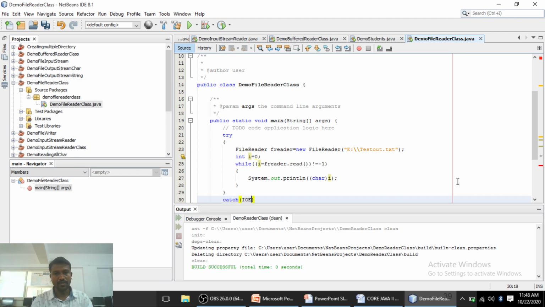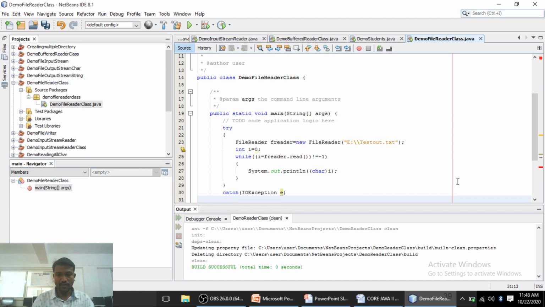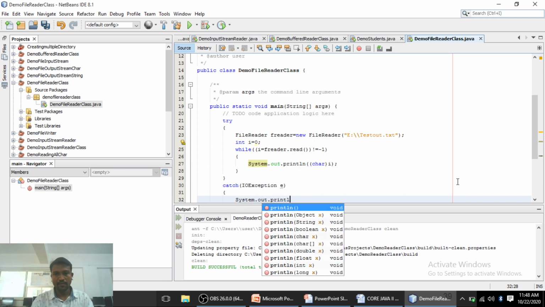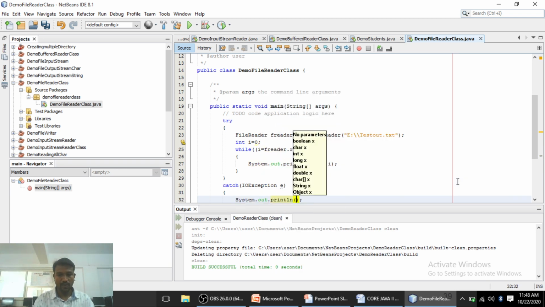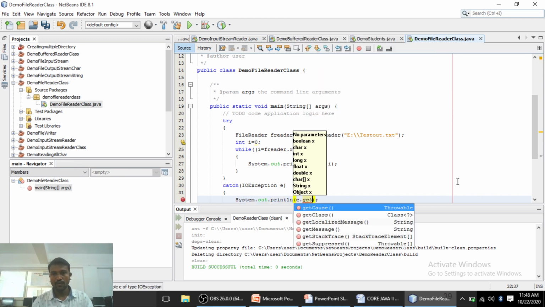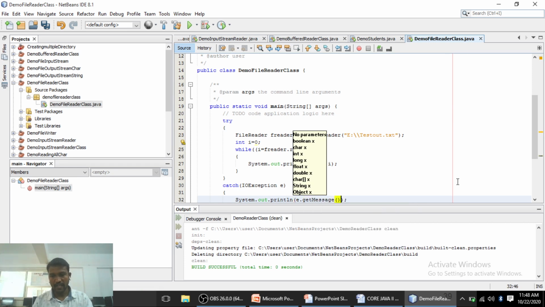Here IOException e, so e is an object of IOException. System.out.println e.getMessage(). With the help of the getMessage method, it gives you the message.